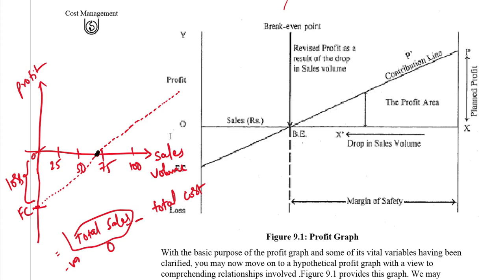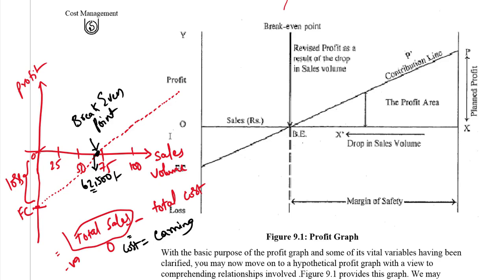Okay, this point where the line intersects the x-axis is called the break-even point. Why is it called break-even point? Because at this point, total profit will be zero. There is no profit, there is no loss. Okay, the total cost will be equal to the total sales revenue. Input cost will be equal to the earnings. Cost is equal to earnings. There is no profit, no loss. This is that point. For this data in the given company, this point is 62,500. At this sales volume, the company is going to achieve break even.